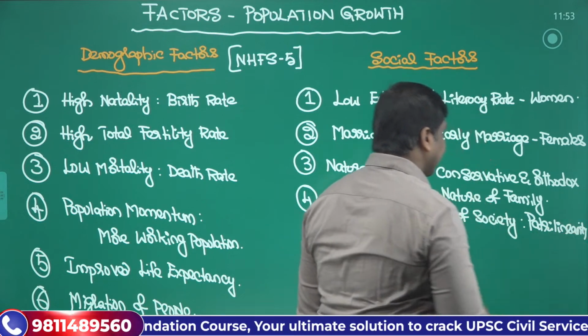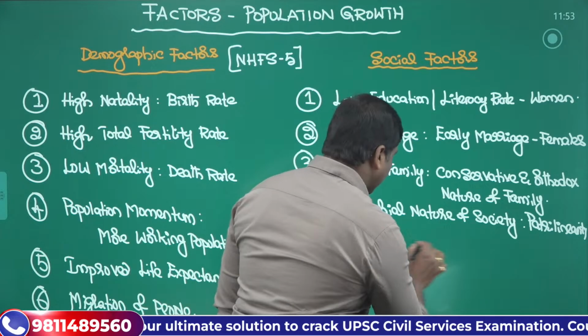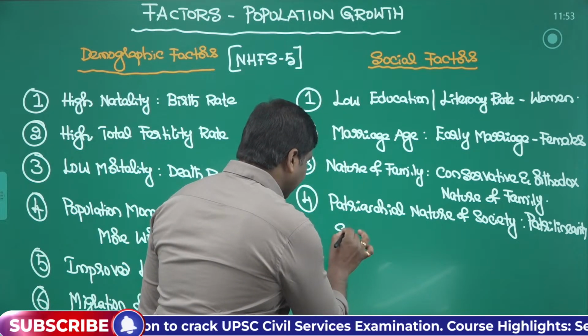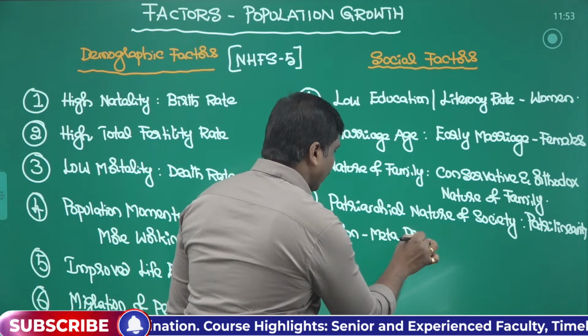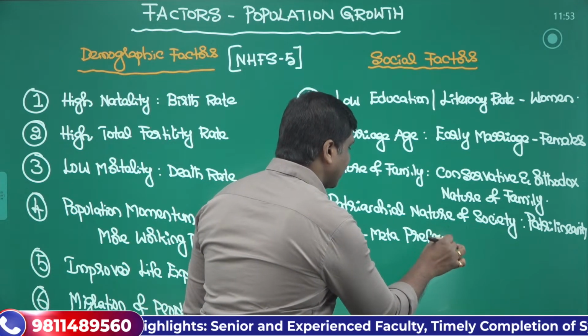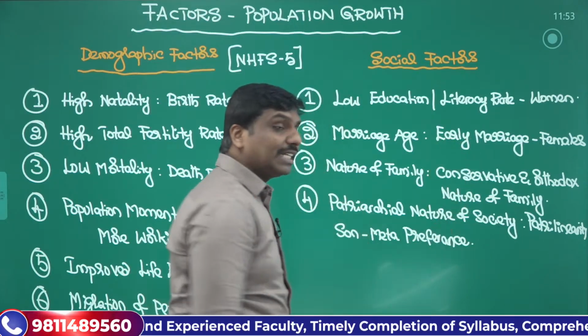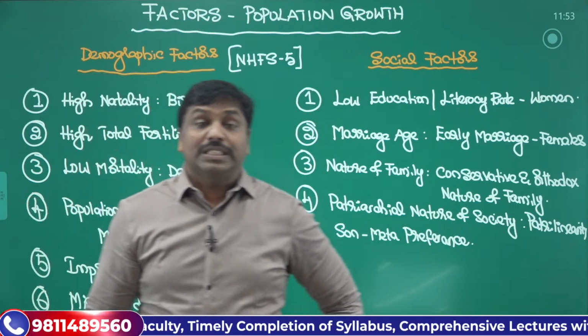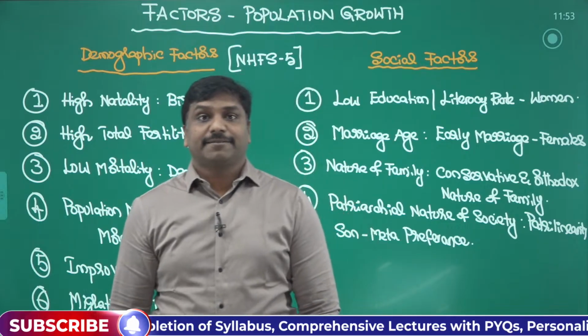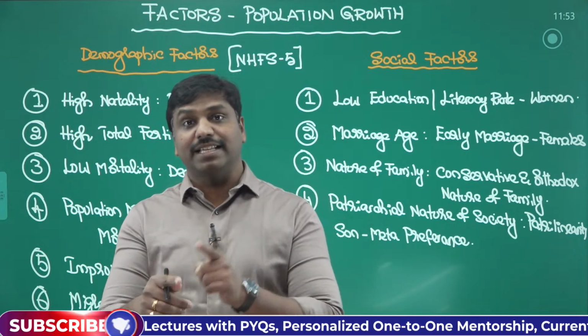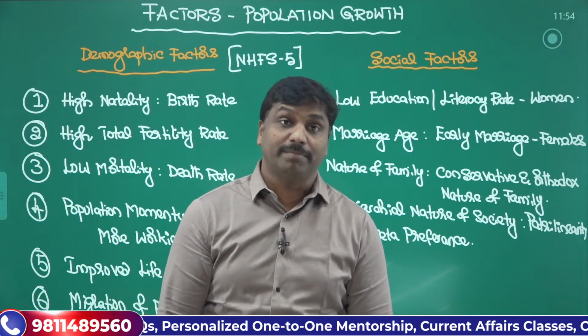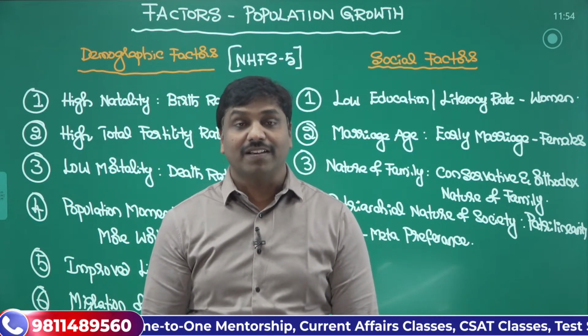Due to patrilineality, we have a kind of behavior that is known as son meta preference. What do you mean by son meta preference? Have you heard about this word? Son meta preference, what is it? There is a tendency that the couple will keep on producing children until they get, or they will be blessed with, a male child, because the lineage